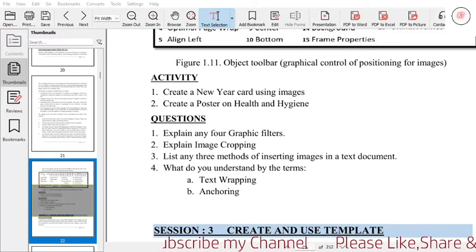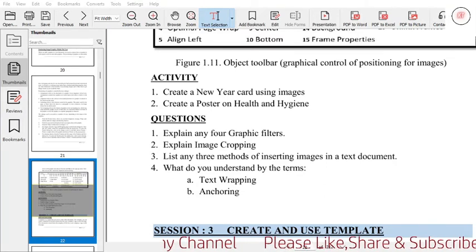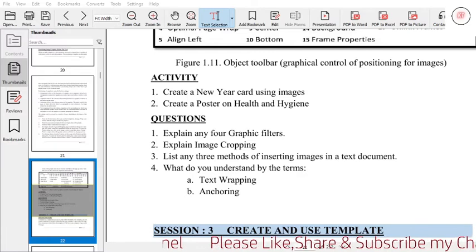Next one is anchoring. Anchoring refers to the reference point for a graphic. This point could be the page or frame where the object is, a paragraph, or even a character. An image always has an anchor point.